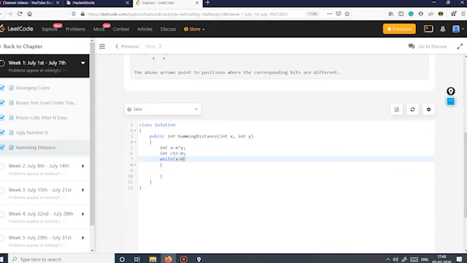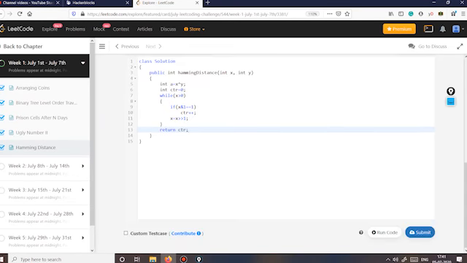And while x is greater than 0, I will check if x AND 1 is equal to 1. If x AND 1 is equal to 1, then counter plus plus, and the next thing we are going to do is x right shift 1. So we have x is equal to x right shift 1, right? And then we are going to return counter. So the solution is there. Let's run and check this.